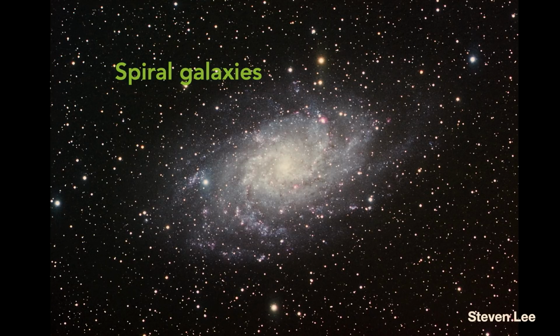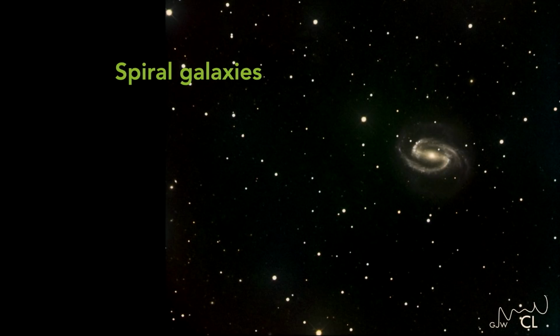The gas and the stars within the galaxies are all orbiting around the centre of mass of the galaxy. Those stars and the gas are undergoing revolution around the centre. So this is one example of a spiral galaxy, M33. Here is another one. This is NGC 1300. And what's different about this one, which, by the way, is over 110,000 light years across, is that it has a bit of a bar before the spiral arms start.